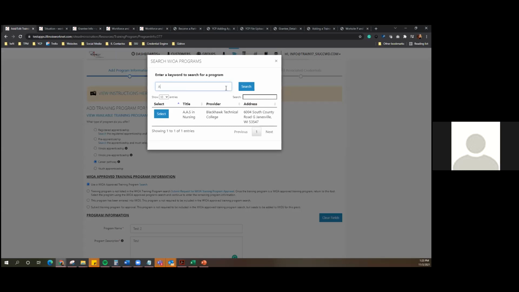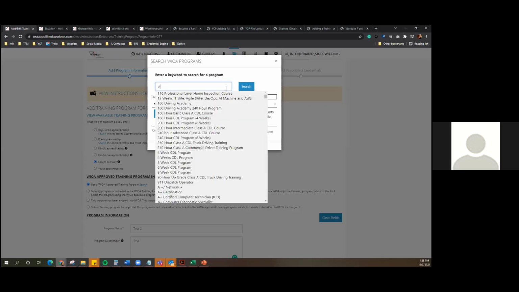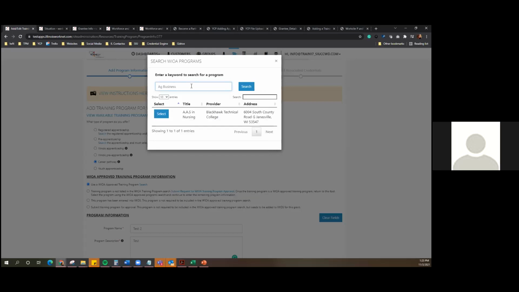I just started typing and it'll start to pre-populate a list. So whatever the program name is, like ag business maybe, you will search it. The list will help you get there because you do need to make sure you're putting in the same name that's been entered into IWDS as that WIOA provider.